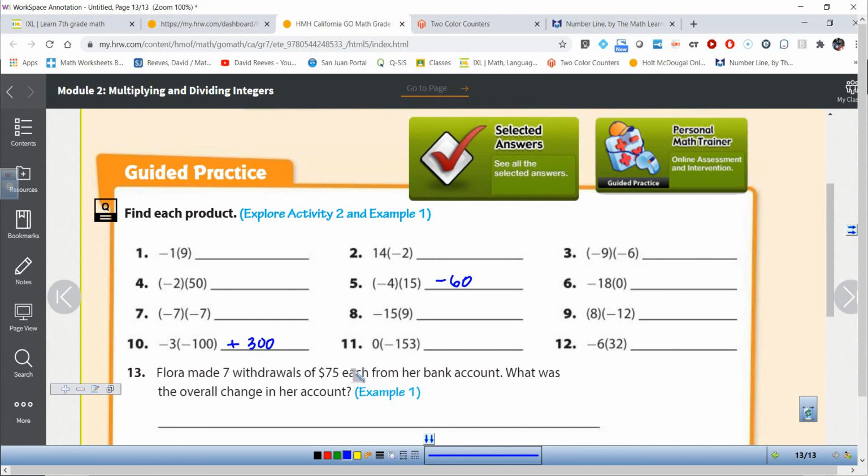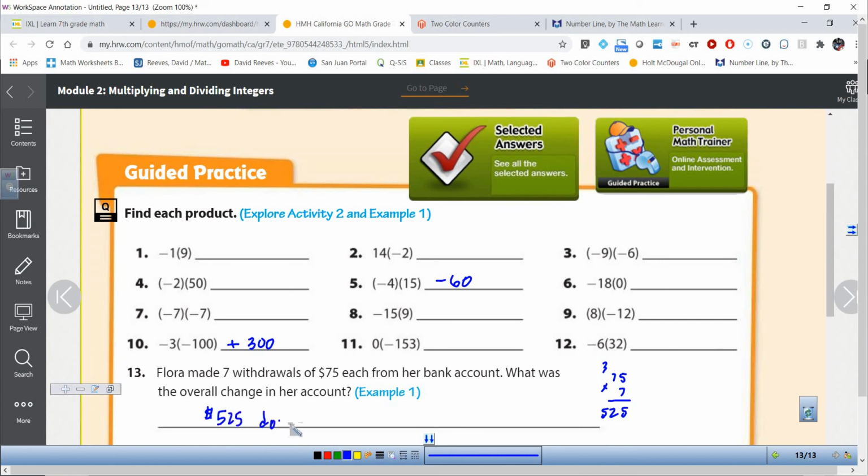Flora made 7 withdrawals of $75 each. What was the overall change in her account? Okay, so if she does 7 withdrawals of 75 each, I need to do 75 times 7. All right, so 7 times 5 is 35. Carry the 3. 7 times 7 is 49. 49 plus 3 is 52. All right, so the overall change in her account was it went